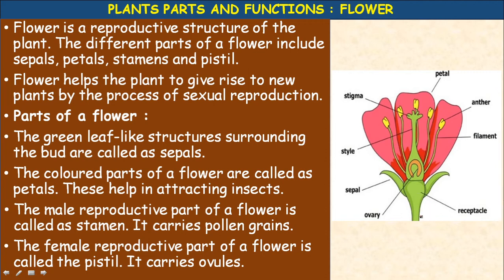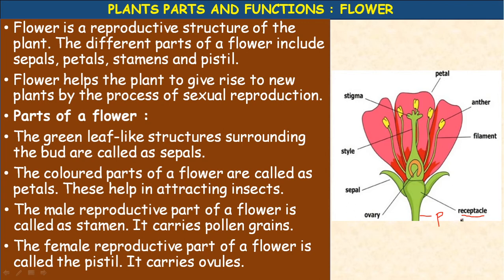So this is the stalk of the flower. It is called pedicel. Okay, stalk of the leaf is called petiole. Stalk of the flower is called pedicel. Okay, on the pedicel a disc-like structure is present, that is called receptacle or thalamus. On the thalamus, these parts of the flower are placed in the form of whorls or rings.